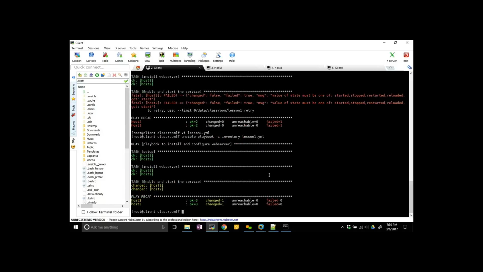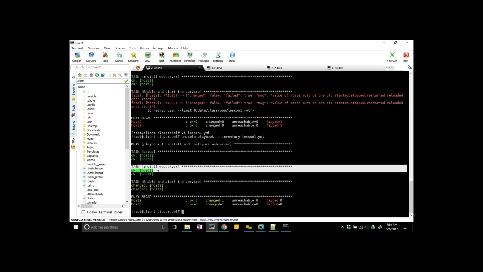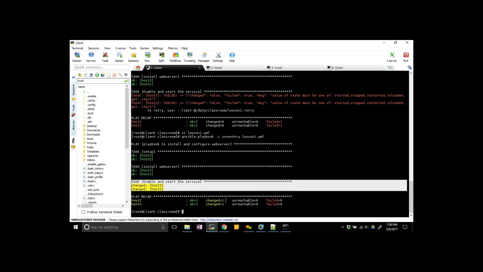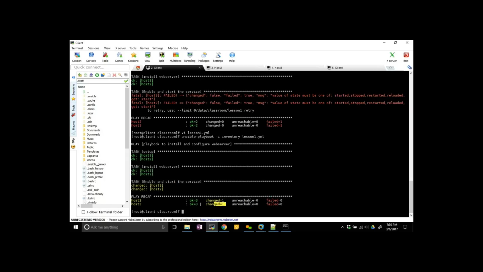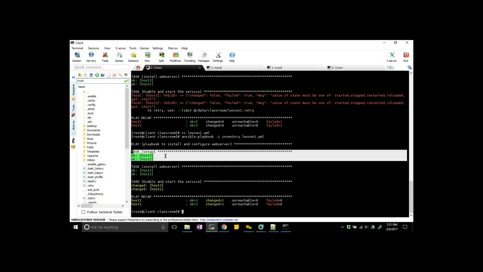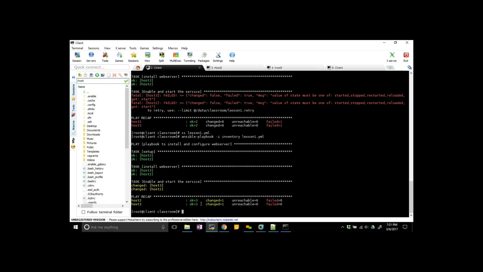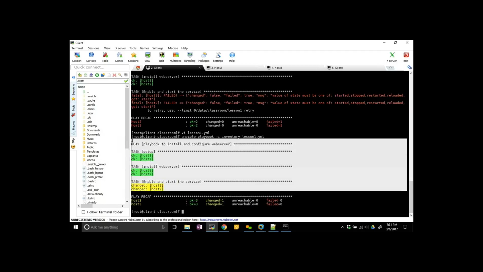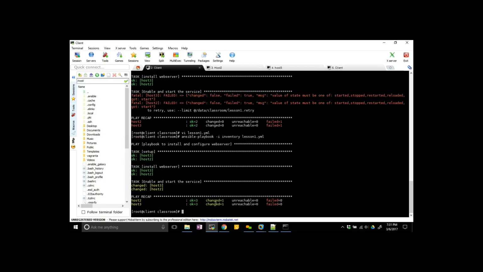Okay. Now you are running almost two tasks here. One is to install the web server, the other one is to enable the web service. Here you have totally three tasks, including the normal one to set up, but only one changed, because the package was already installed.